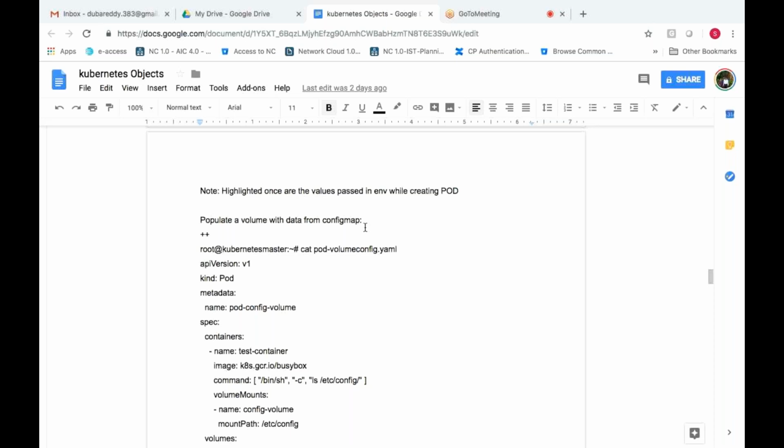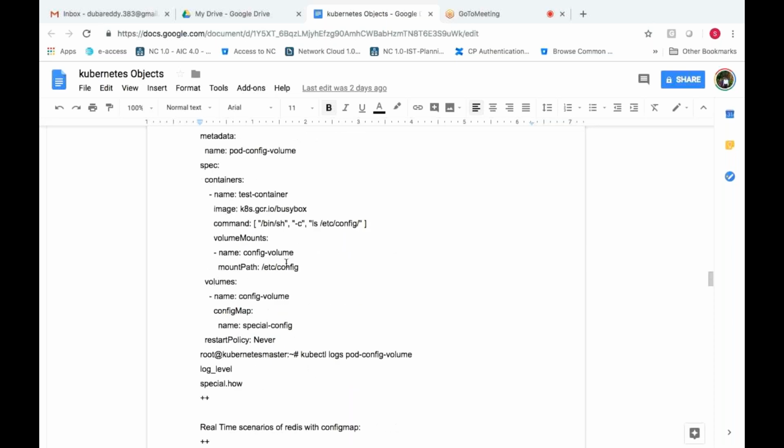So we need to think based on the requirement. Here you can see volumes, name config volume, and then config map. He has given the name of the config map, which will be attached to one of the containers at the /etc/config directory. Under that, it will have a file called special-config. That's how it is designed.